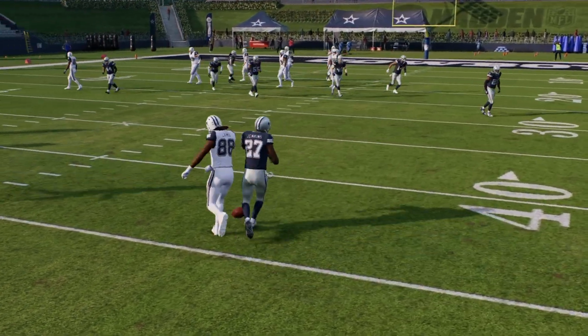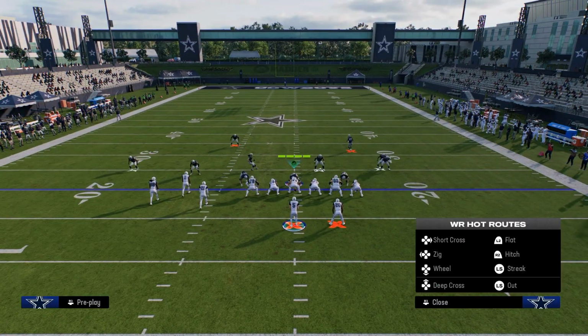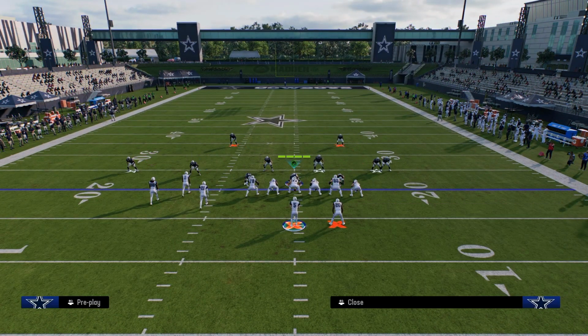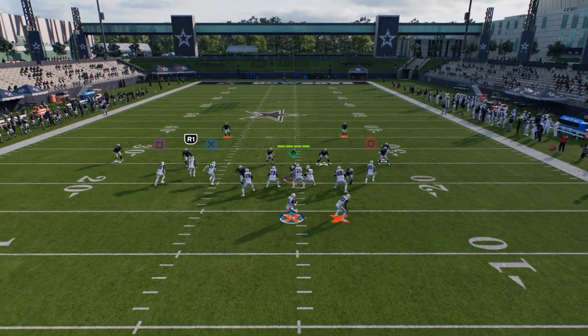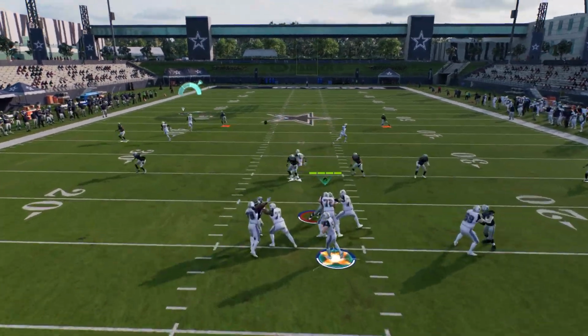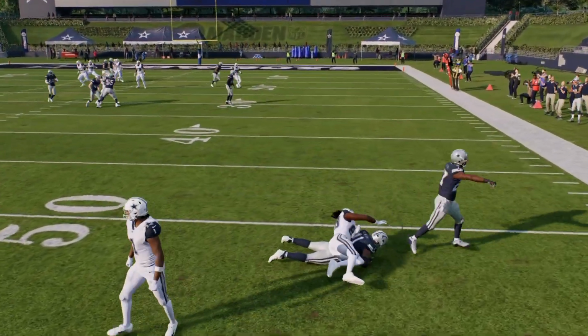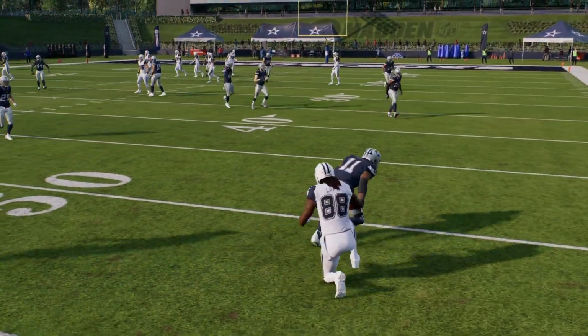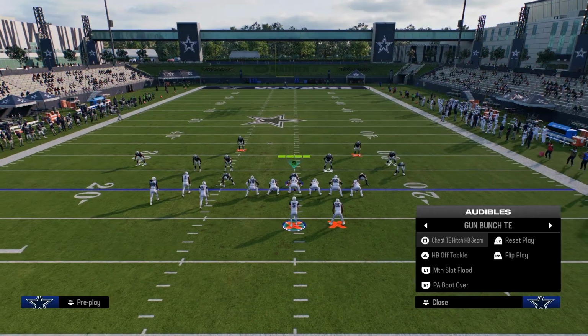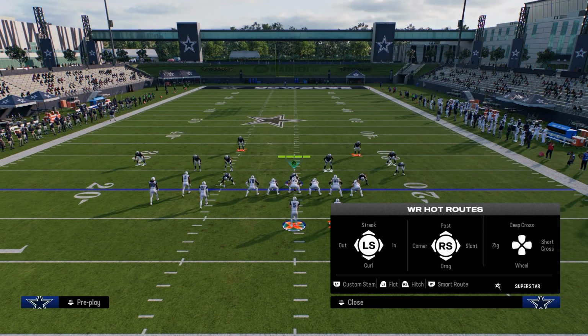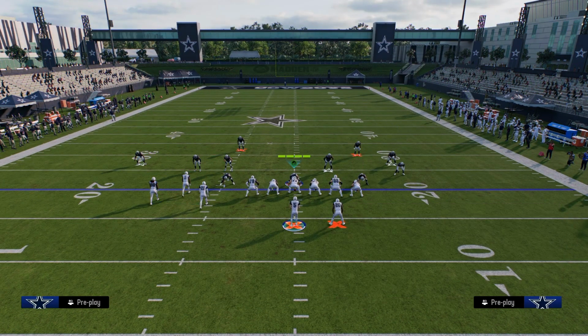One of the other things I wanted to show you is, with this play motion slot flood, there's a little seam that you can throw to, but it's just dicey, just the way the halves are. The halves fan out a lot more this year than we've ever seen, and so that's a component you have to anticipate. That's why I think ultimately the best setup is the